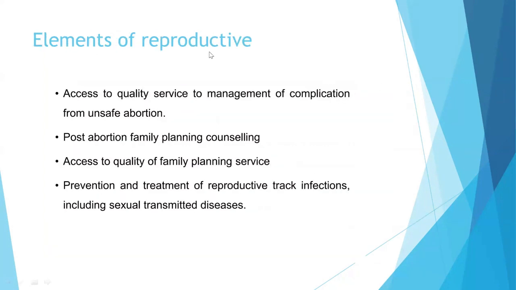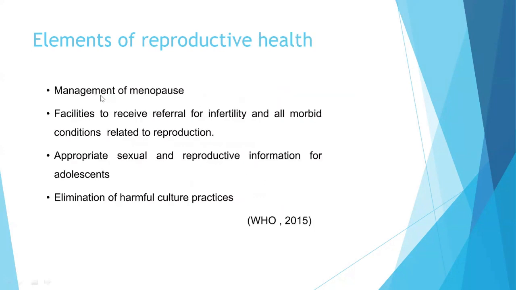So what are the different elements of reproductive health? The access to quality service to management of complication for unsafe abortion, post-abortion family planning and counseling, access to quality of family planning service, prevention and treatment of reproductive tract infections, including sexually transmitted diseases, management of menopause, facilities to receive referral for infertility and all morbid conditions related to reproduction, appropriate sexual and reproductive information for adolescent, and elimination